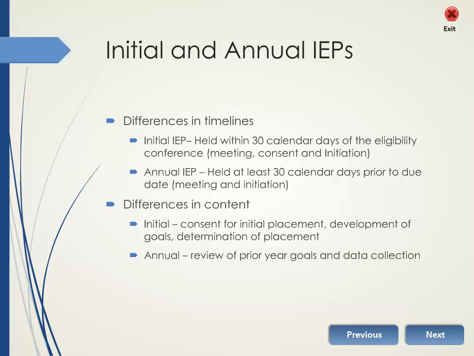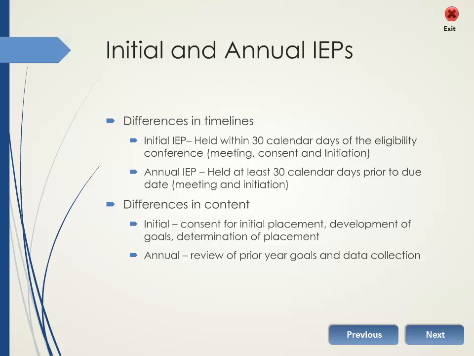For annual IEPs, it is essential that you give yourself enough time to schedule, and maybe reschedule. Best practice is to schedule the meeting 30 calendar days prior to the expiration of the current plan. Having sufficient time to gather information and making sure all participants are able to attend is extremely important in order to avoid being out of compliance with the legal timelines. You must also consider the possibility that the meeting may not be completed in one session.